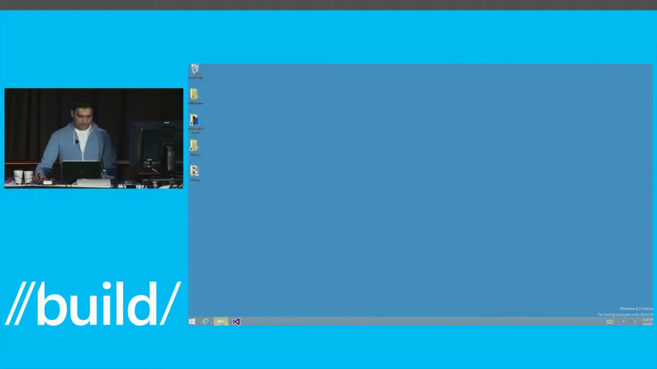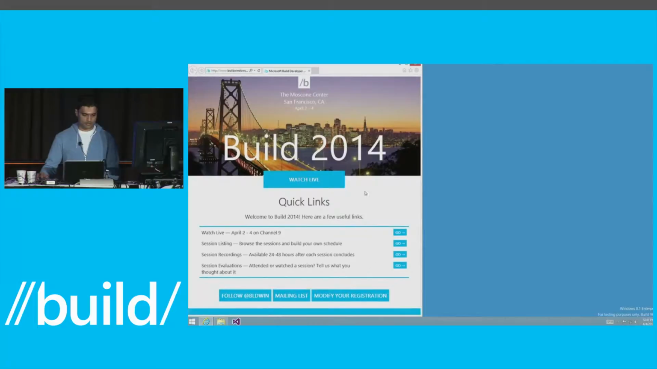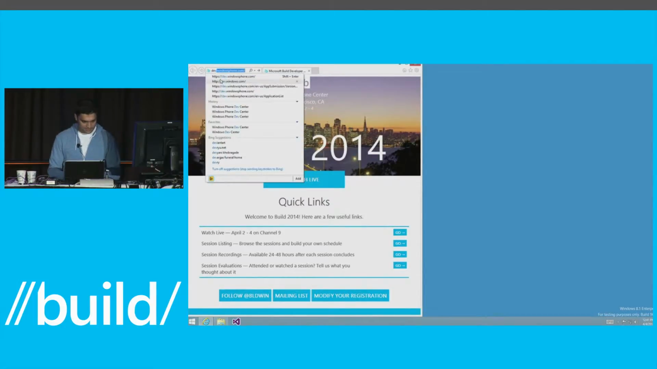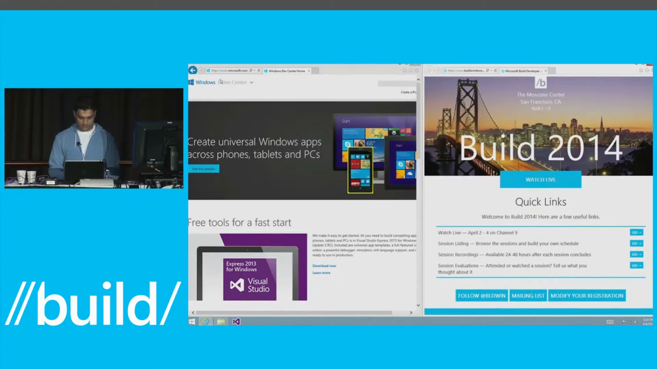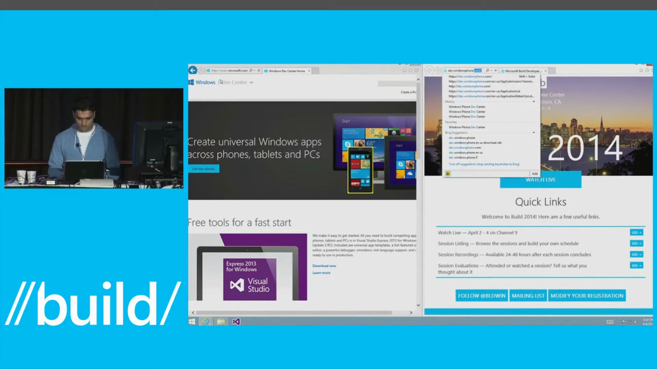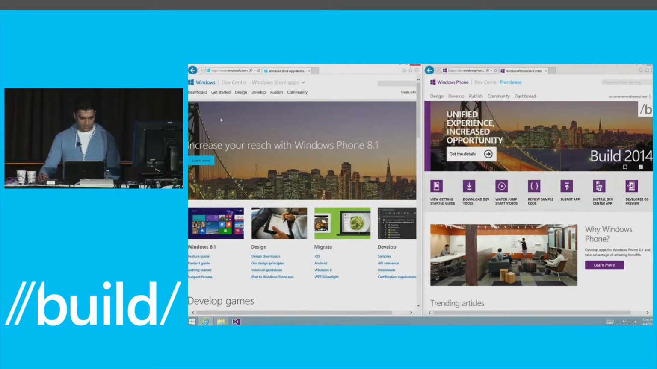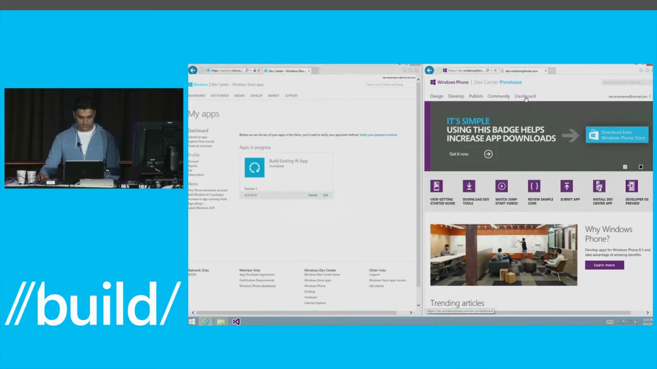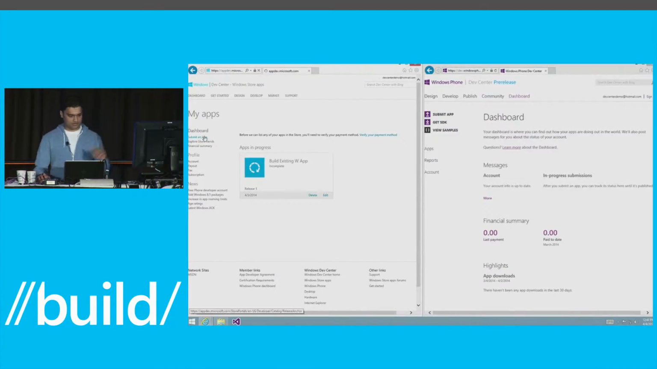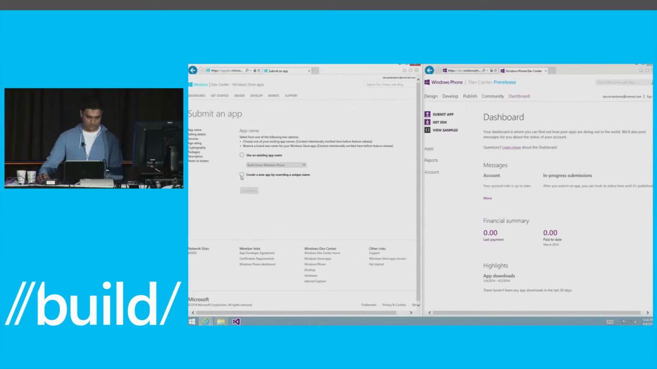All right. So I'm going to show you side by side how you go about reserving a name on the Windows Dev Center side and on the Windows Phone Dev Center. I'm already logged in here. I'm going to go to the dashboard on the Windows side, and do the same here. The first thing I do is say I'm going to submit an app. And the first step says pick an app name for your application. So I'm going to create a new one